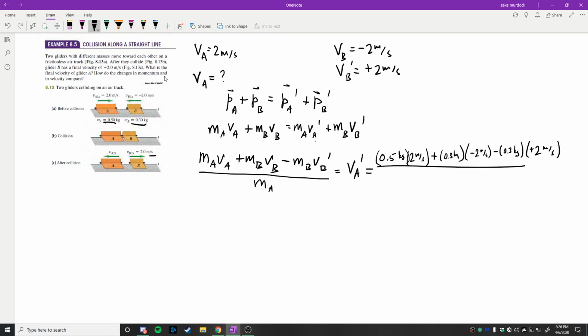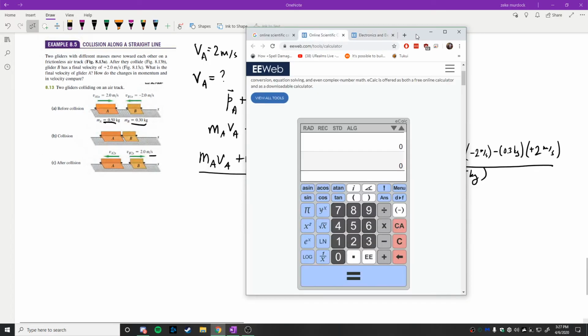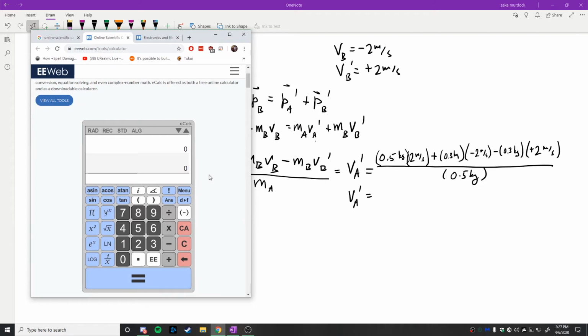And we're dividing all of this by MA, which is 0.5. So 0.5 times 2 plus 0.3 times negative 2. We'll just do minus. So minus 0.3 times 2, and then minus 0.3